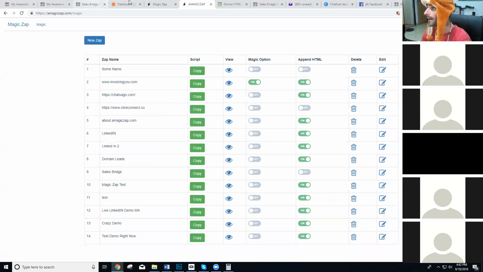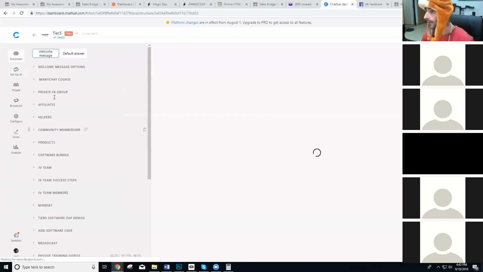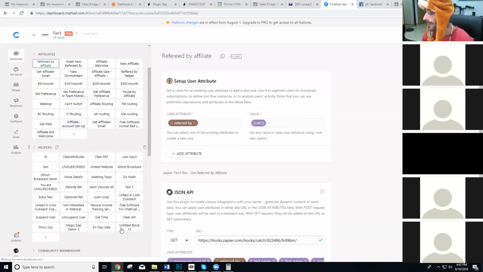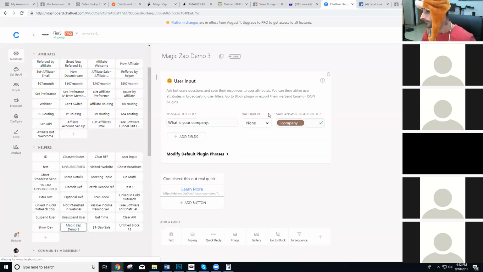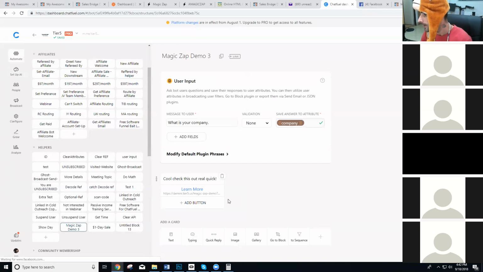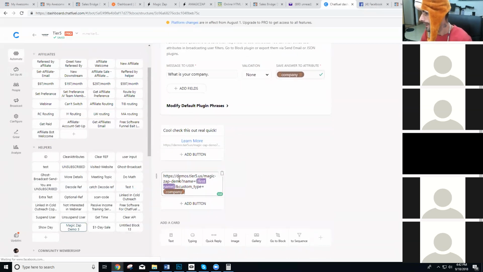We're just going to update him right up. And we're going to come right back into our chatbot, and we're going to come right back over to our automate, and then we're going to come right back to this little thing that we just created, right here in helpers. And then we're just going to grab this guy right here and paste him right down here again,